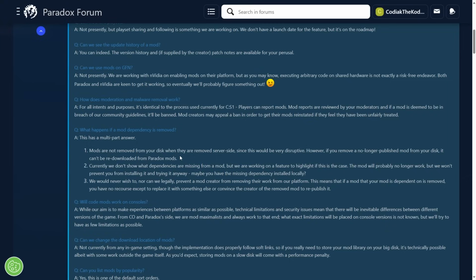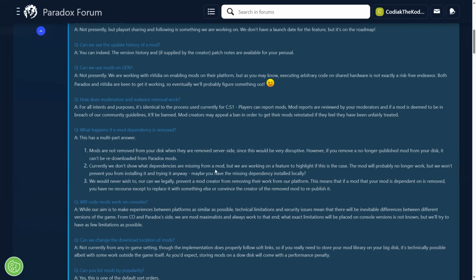So what they're saying here is that if they remove a mod from their services, let's say there is a DMCA takedown of, let's say, a Best Buy asset. If any of you know what I'm referencing here, if you have that Best Buy asset downloaded and they have to remove it from their workshop, it doesn't get removed from your local disk. So you can still continue to use said asset even if they have to remove it due to a takedown request from the brand. However, if you then remove it, you can't re-download it.